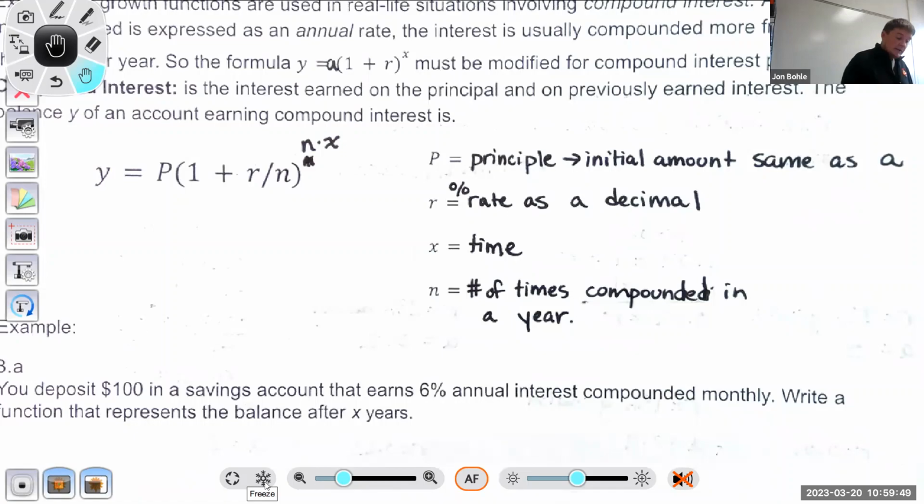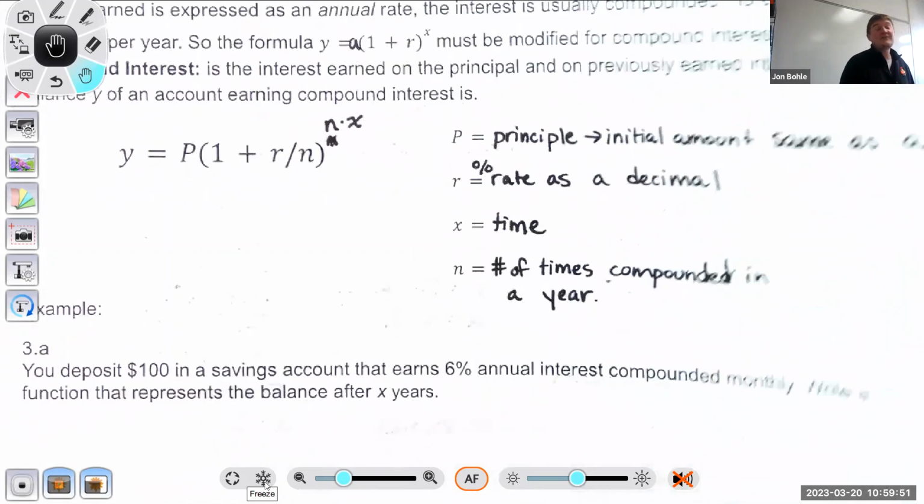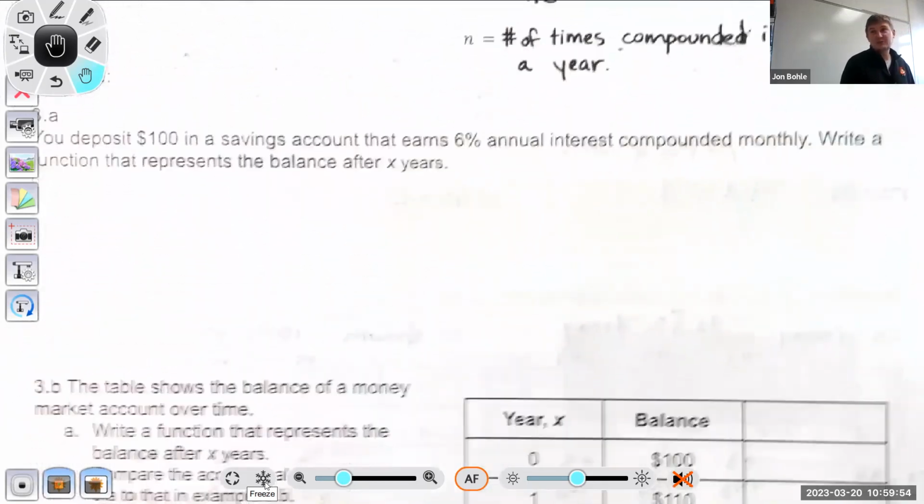This is what happens when Mrs. Scar goes on maternity leave and I don't have anybody to proofread my work. So,